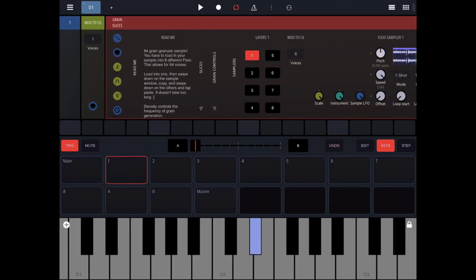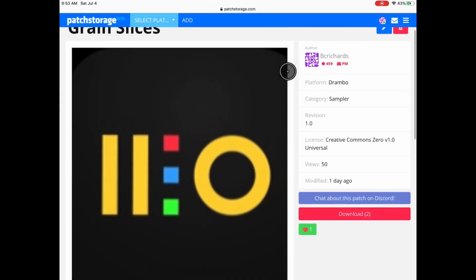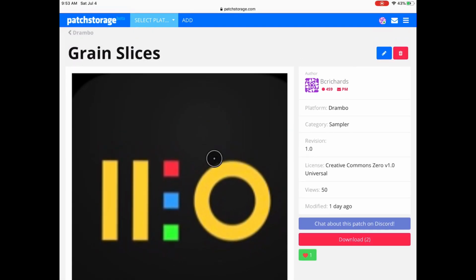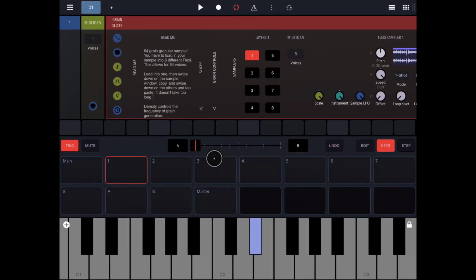This video is going to be about a granular sampler that you can build or that you can download from patch storage. I'm calling it grain slices. It's already there in patch storage called grain slices, so you don't have to build it. But I think it's really fun. It's something I wasn't able to do before, and I figured out how to do it. So I'm going to walk through how to use this rack, and then I'll talk a little bit about how it's built. So it lets you take a sample